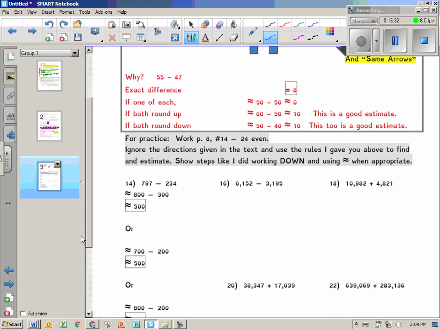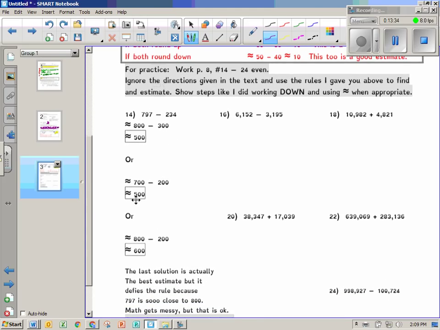So for practice, I want you to work these problems from your book, page 8, 14 through 27 even. Please ignore the directions given in the textbook and just use the rules that we just talked about with the alternating or same arrows to find the estimate. So I want you to show steps like I did over here. You don't have to work it multiple ways, but you want to work down and make sure you're using the